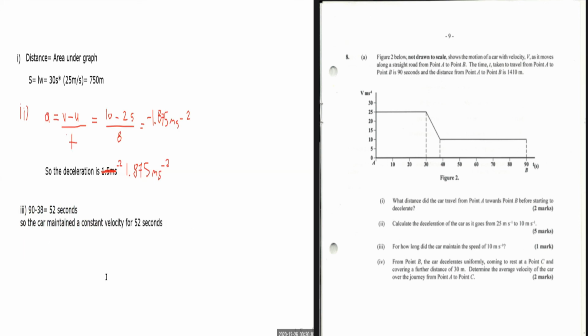So the car started to go extremely slow because Usain Bolt can run at 10 meters per second in a 200 meters. So the car slowed down drastically. It says from point B, the car decelerates uniformly, coming to rest at point C and covering a further distance of 30 meters. Determine the average velocity of the car over the journey from point A to point C. So the car decelerates uniformly to cover another 30 meters. So if you cover another 30 meters,